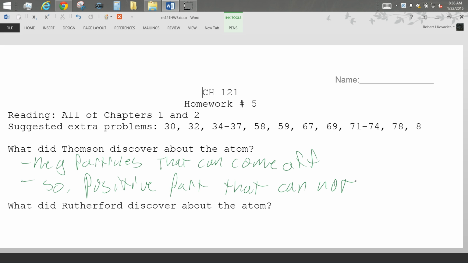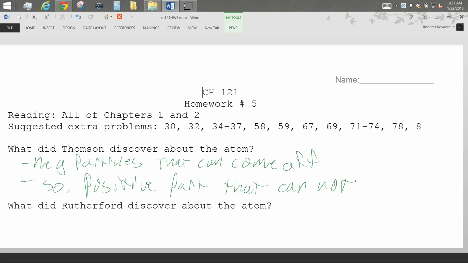it was positively charged. How did he know that it had to be positively charged? So if the electrons came off and they were negative, and the thing that you had before the electrons came off had no charge, how could that be? I got something that's not charged and a charged particle comes off. The thing that's left behind has to have the opposite charge so they cancel each other out. So that's what he discovered.